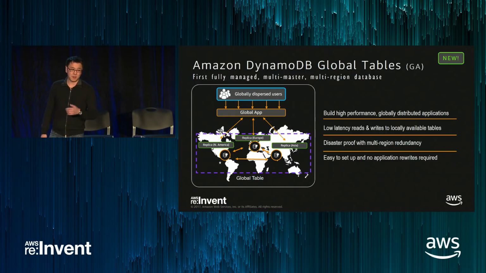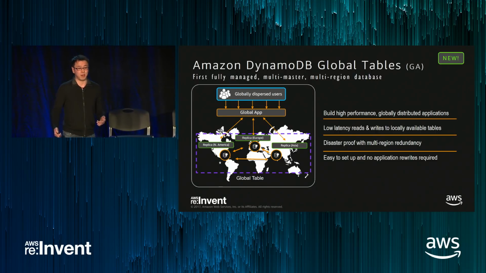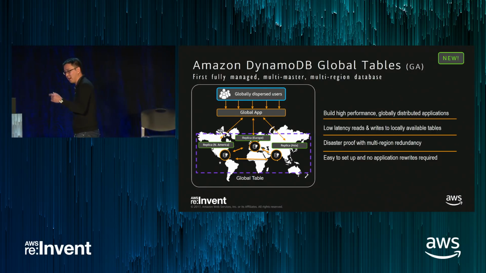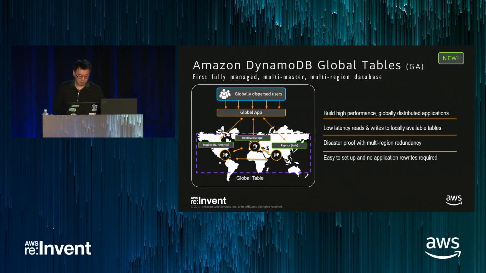Now, DynamoDB global tables handles the difficult work of replication for you. It propagates changes from any one region to all the other regions, and it handles any conflicts using last writer wins reconciliation between conflicting updates. So let me go now to my laptop, and I'll give you a brief demonstration of global tables.